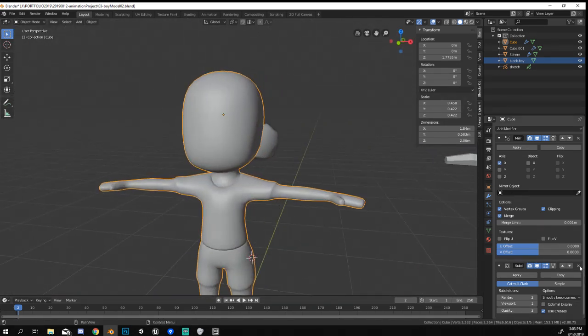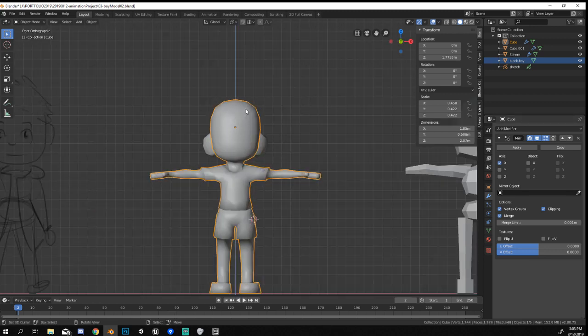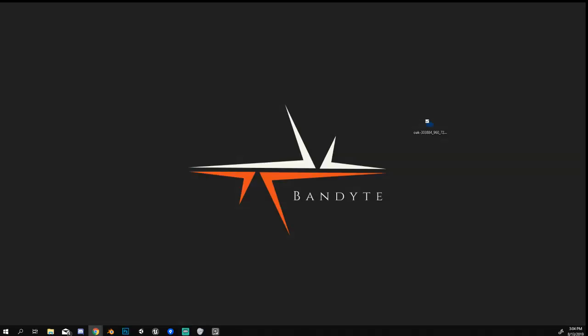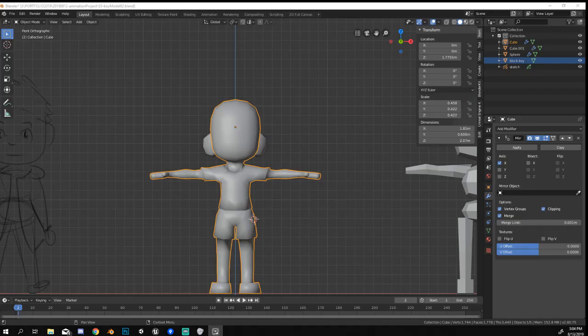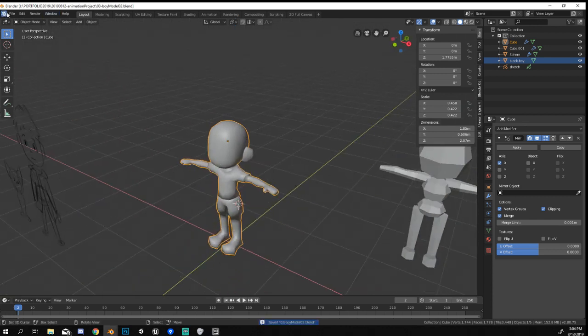Oh wait, maybe one thing we might want to add before subdividing it is add a hair. Kind of want some hair on our scruffy little guy here. So I'm gonna check out my reference again. My reference that disappeared. Where are you? There we go. So I want to add another tool, which I think is also defaulted in